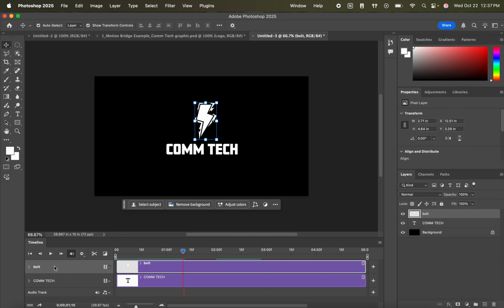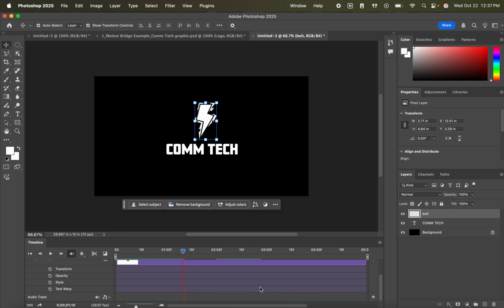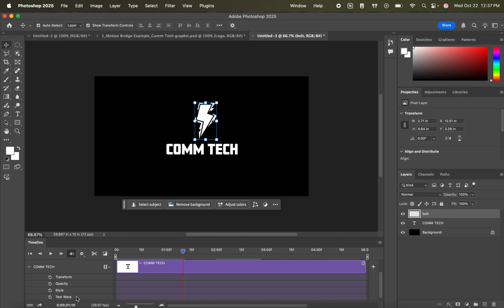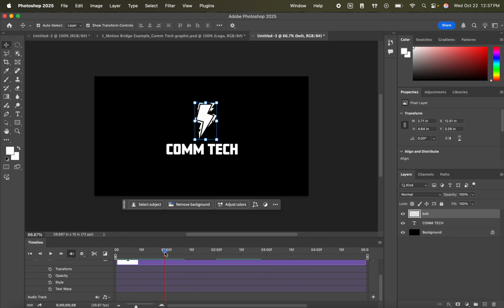And we can basically do the same thing over here with our ComTech, right? If we scroll down a little bit, we can also change how the text is being displayed and what style it has, right? So say I want to transform it. So by here, I'd like it to be where it is. Actually, maybe at the same point as